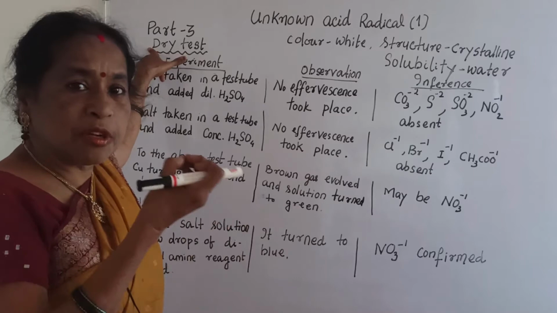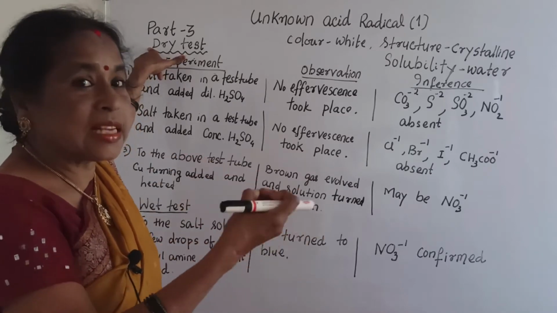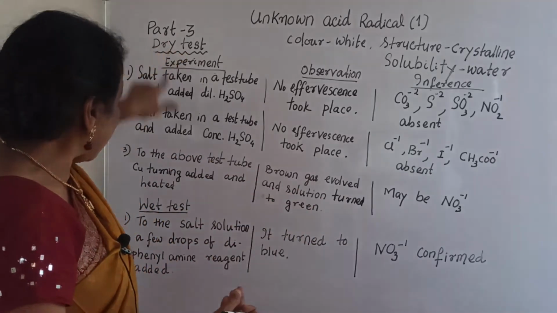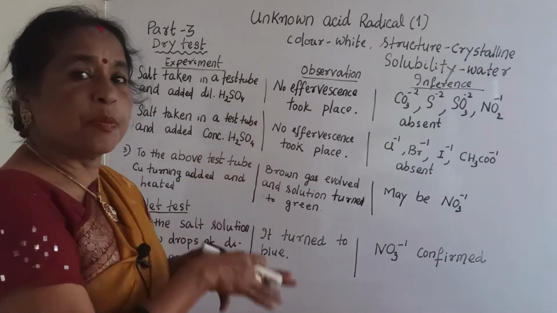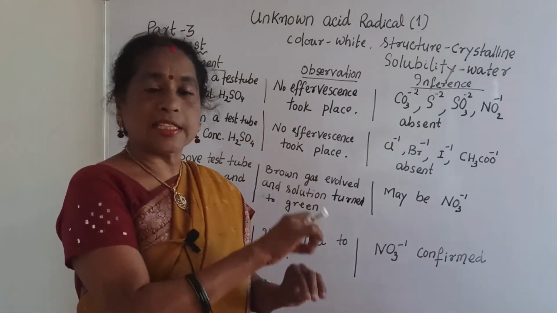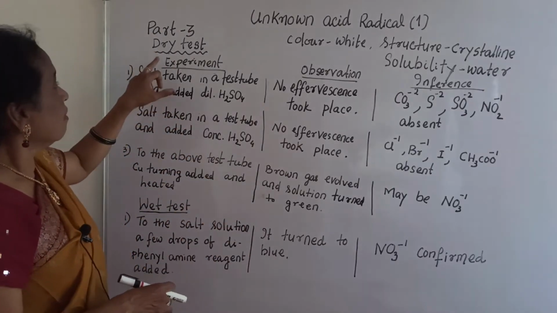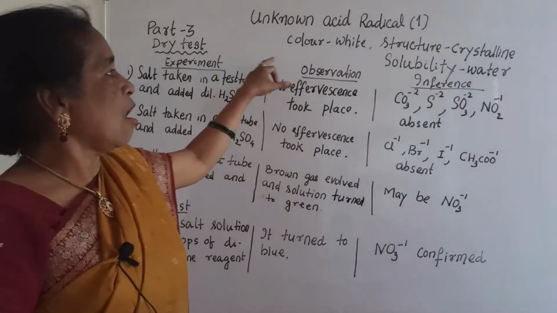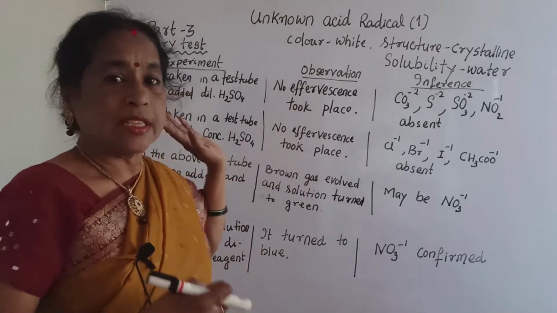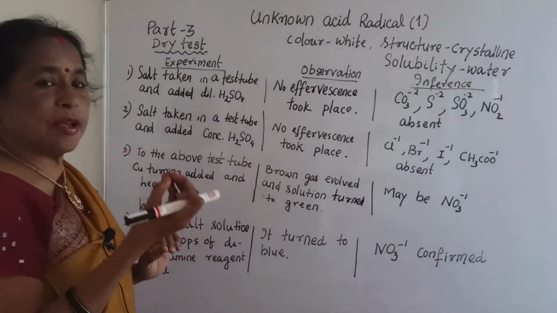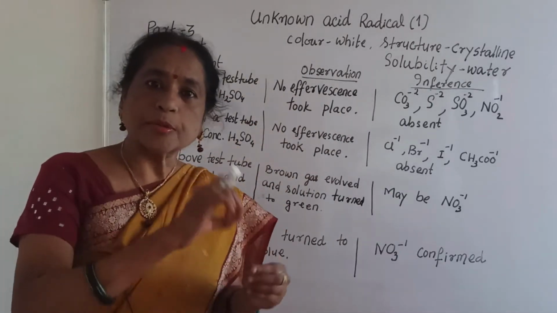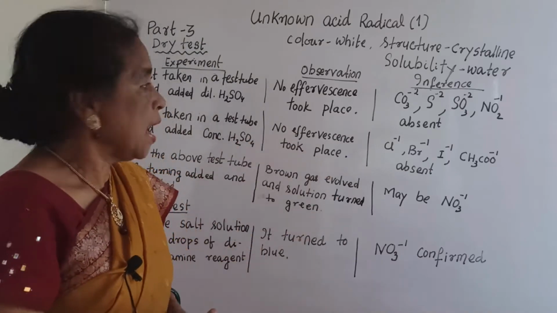In the dry test you will get the acid radical that may be present, and then after that you will do the wet test, and prove yes, the acid radical is this one. Then how to proceed? Here: experiment, observation, inference. What is the first experiment? A small amount of salt you take in a test tube and